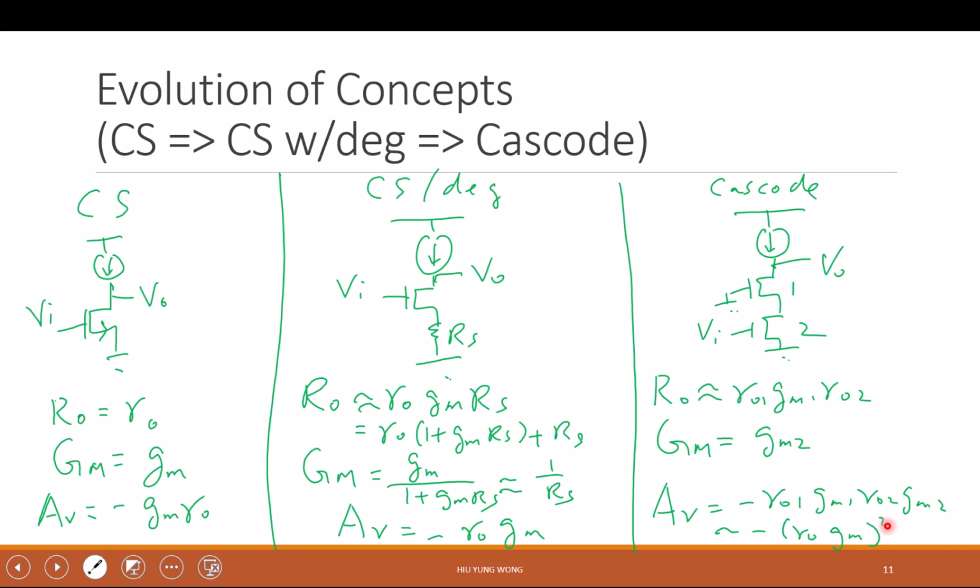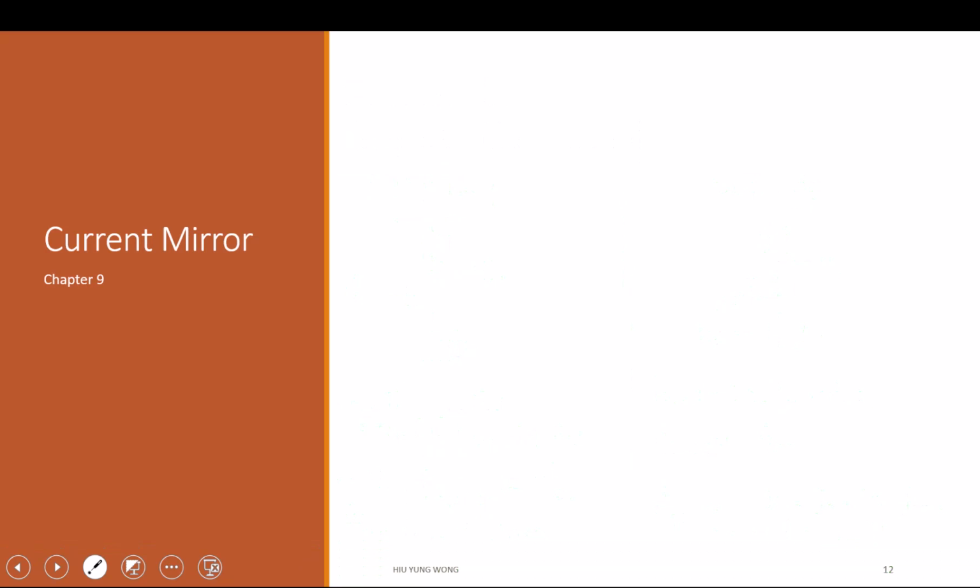Okay, so that is the effort. I hope that you take a look, try to appreciate what happened. And that's what I want to say about this cascode circuit. And we are done with the cascode circuit. Okay, any questions? If not, we go to another topic, the